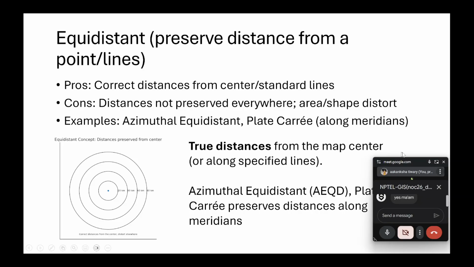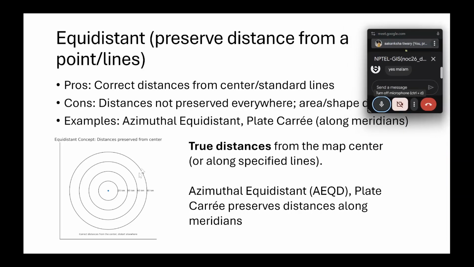Okay, so from the center or standard line, the distance is correct, but between two points or other points which are not the center point or standard line, the shape or area is going to change and the distance is not preserved. Okay,